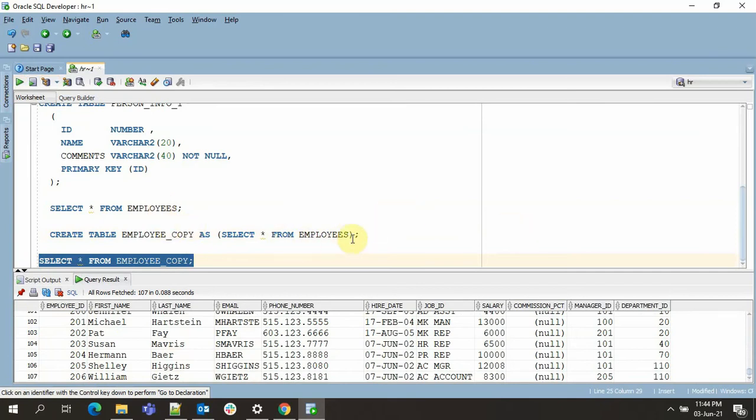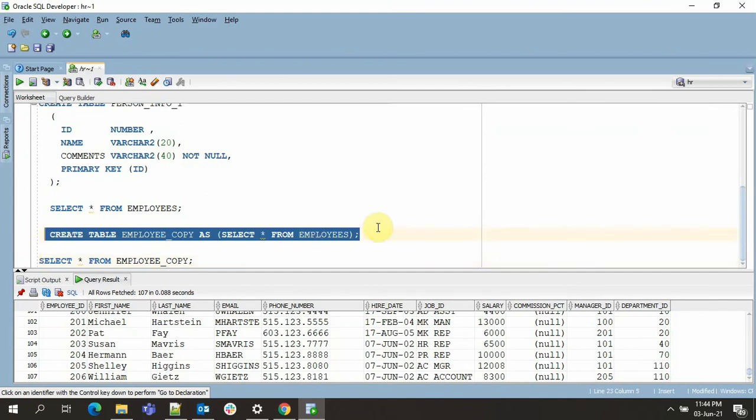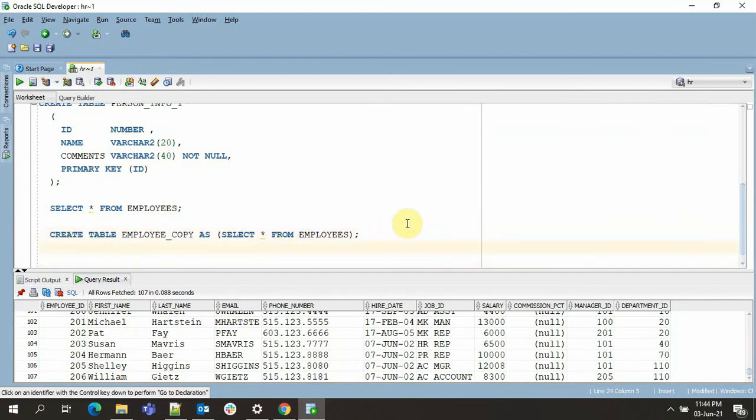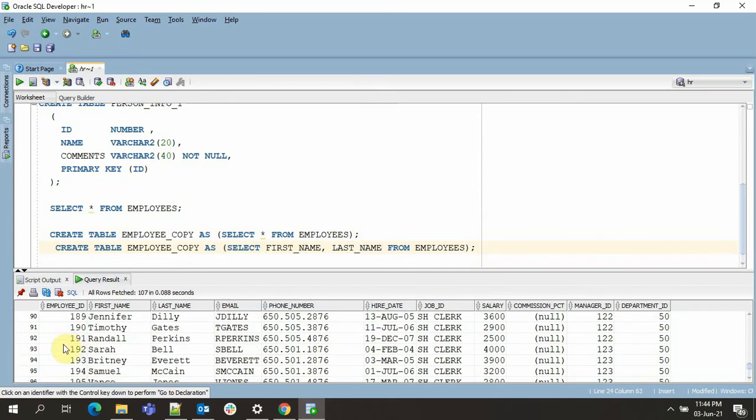Now I'll show you creating a table by selecting only some particular fields. So I'll just go with first name, comma, last name. Also, if we want to limit the records to be copied from the parent table, we can do that by specifying the condition where employee ID less than 150.